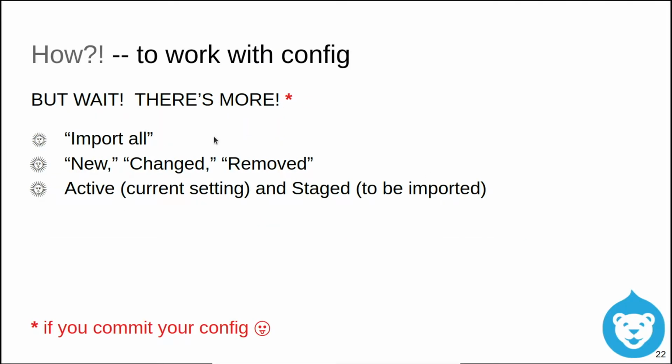But wait, there's more. If you actually commit your configuration to your repository, so it's in your code base, you can do even more awesome things. For example,